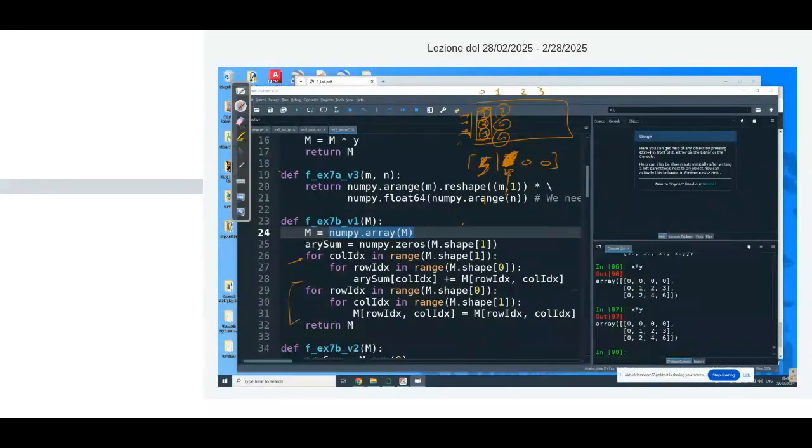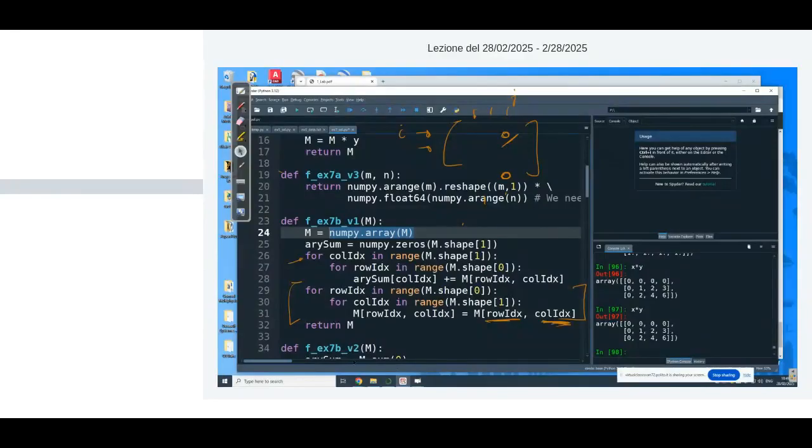Then I need to normalize the matrix. I need to again run over all the elements of the matrix. Here it doesn't matter whether I first loop over rows or first loop over columns. The only thing that matters is I loop over all the elements, and whenever I'm seeing the element in position ij, I need to divide it by the sum of the elements of column j. So whenever I consider the element in row_idx, col_idx position, sorry, you don't see it here,